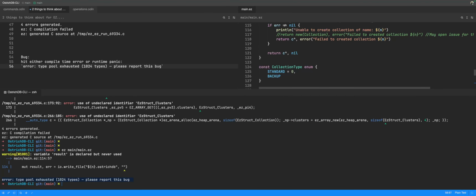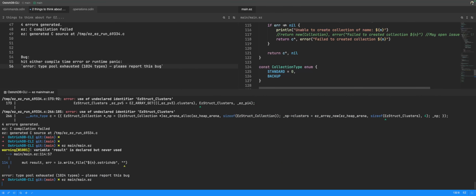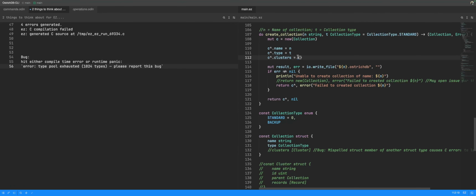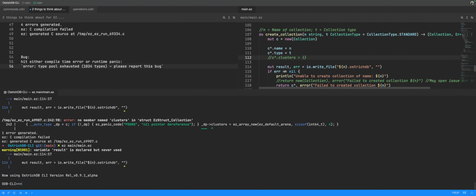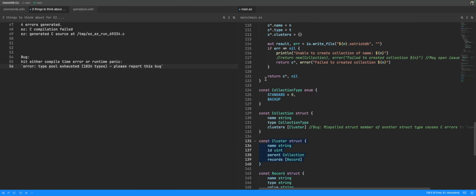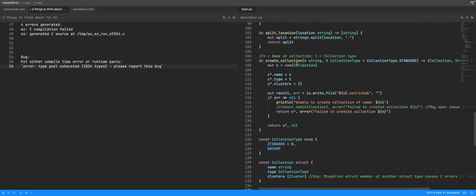That is interesting. Type pool exhausted. So if I don't do this and I don't do that and I comment that out. Oh, yeah, let's see here. Interesting. Okay. This one will require me to have AI look at it while I have the project open,